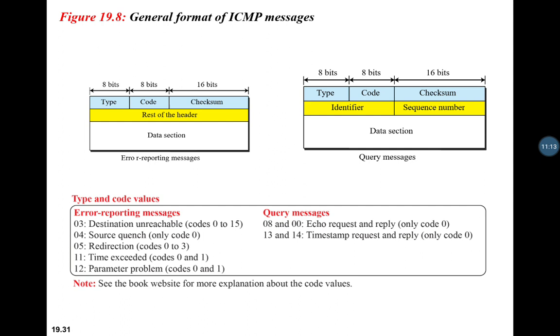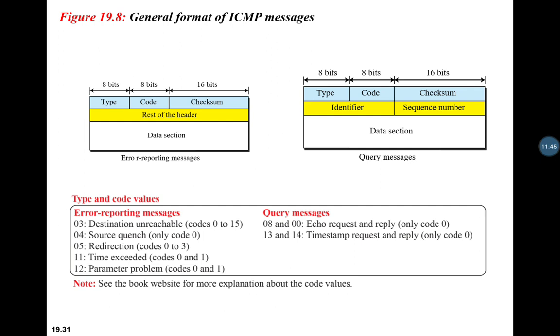The code 0 tells that the destination host is unreachable, which is most commonly used in type 3, code 0. For example, when we use HTTP, Hypertext Transfer Protocol, to access a web page, but the server is down and we cannot reach that page, then the message will come: destination host is not reachable. That message is the error reporting message, which is sent back to the source.